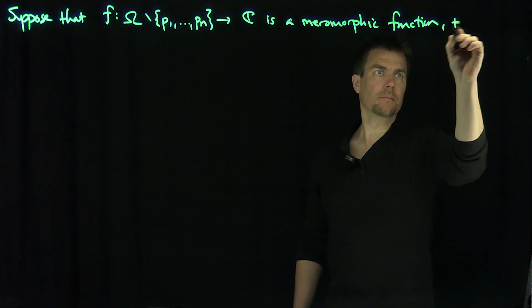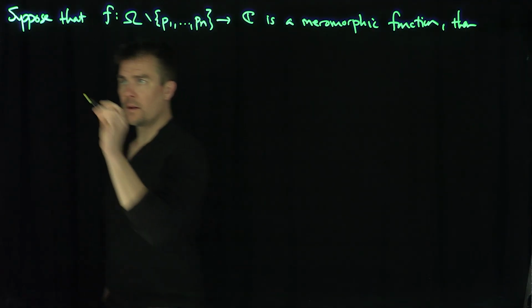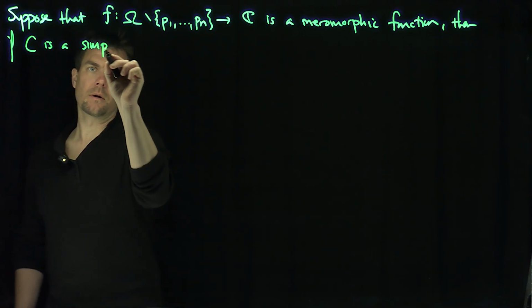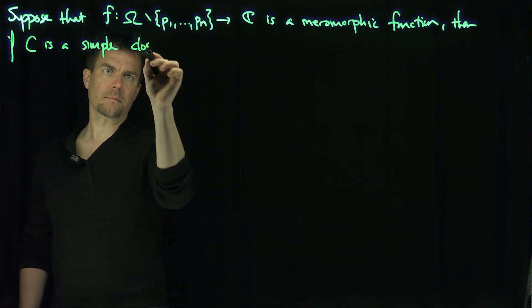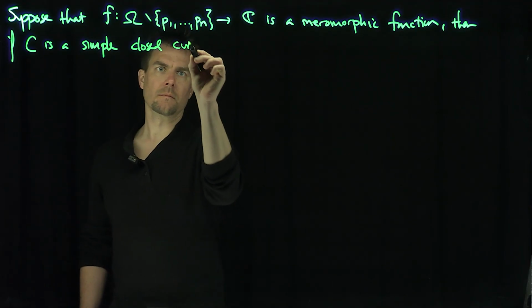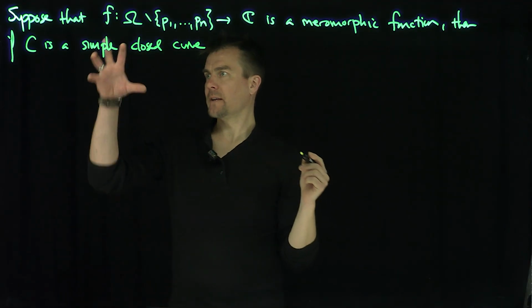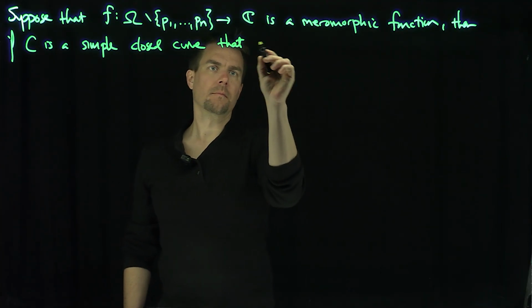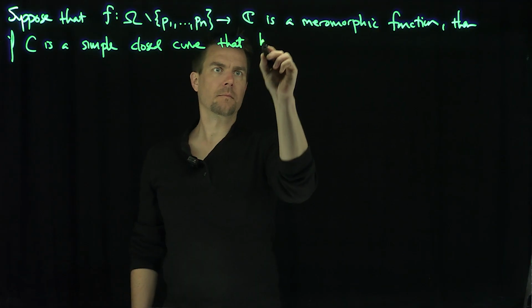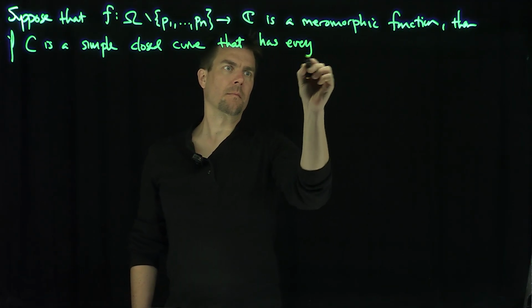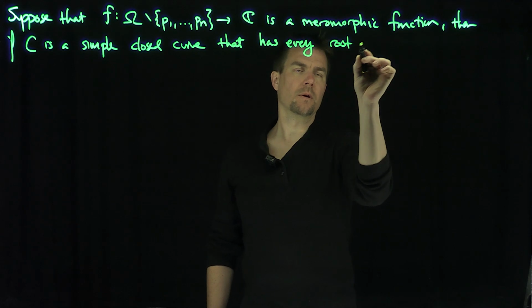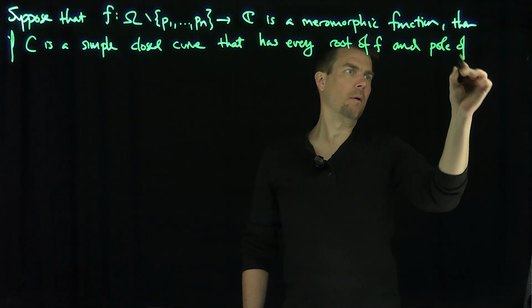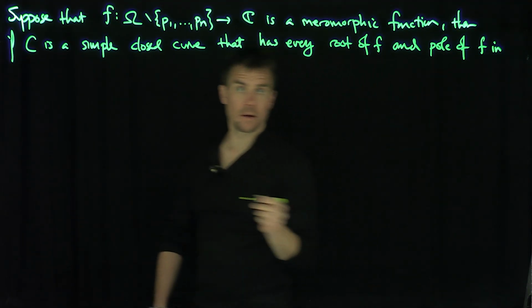Then, if C is a simple closed curve that encapsulates all the poles, every root of f and pole of f in its interior,